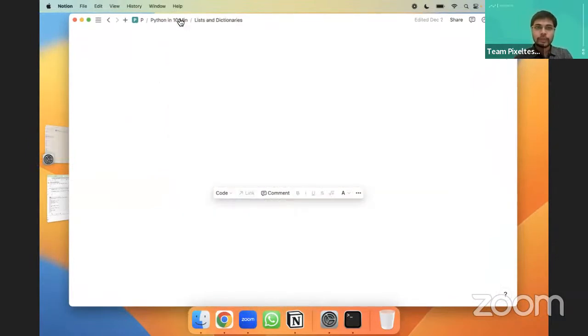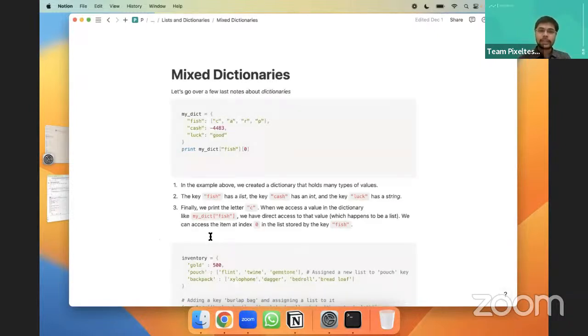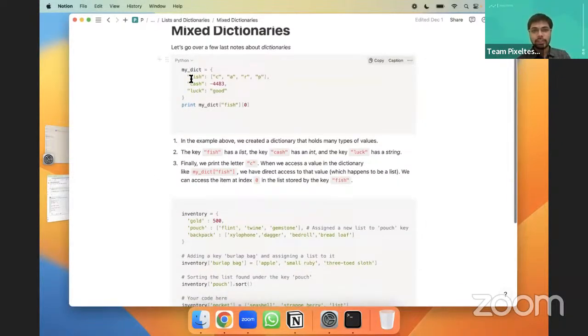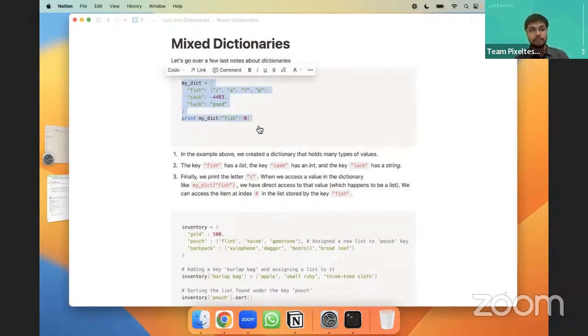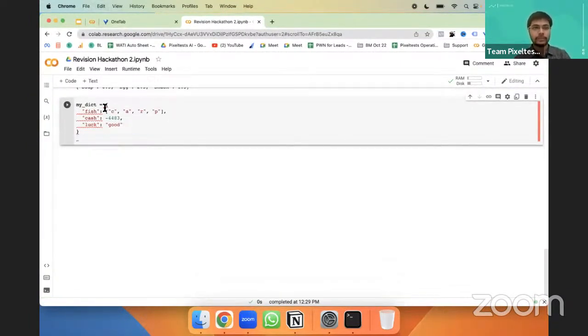Great. So now in lists, we have understood how to add and remove, right? In lists, you can have various different types of values. Now in this particular dictionary, let me show it by exercise. We are creating a new dictionary, which opens with the curly bracket. The first key is fish, and against that we have given a list. The second one is cash, and in that there is an integer.